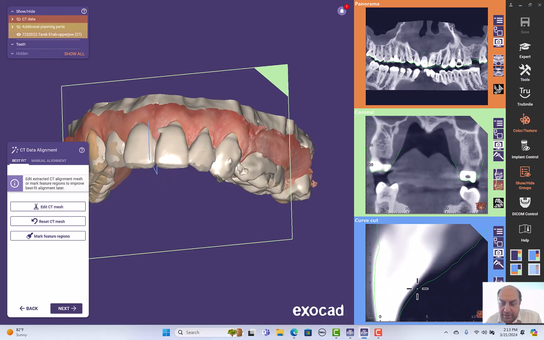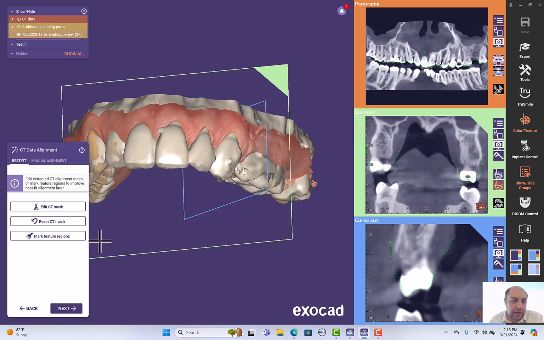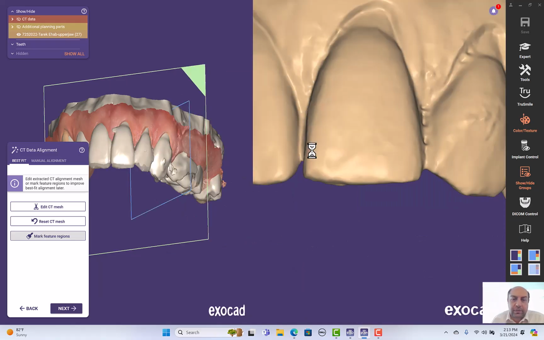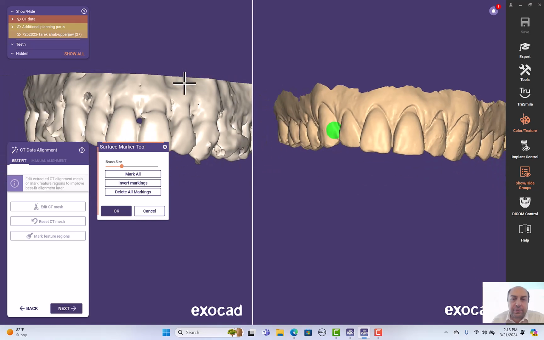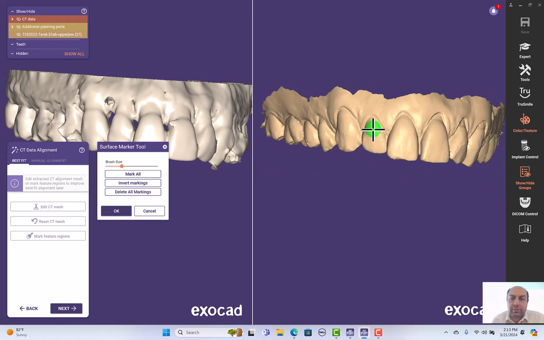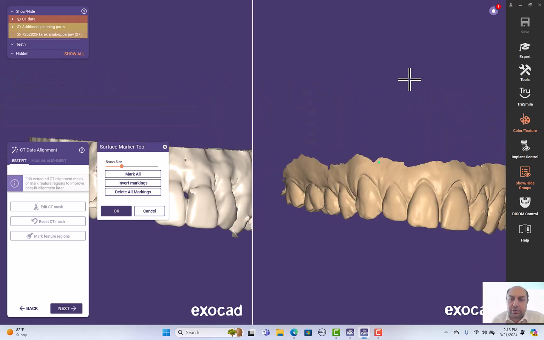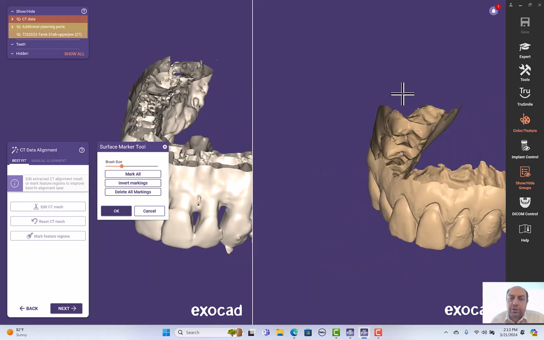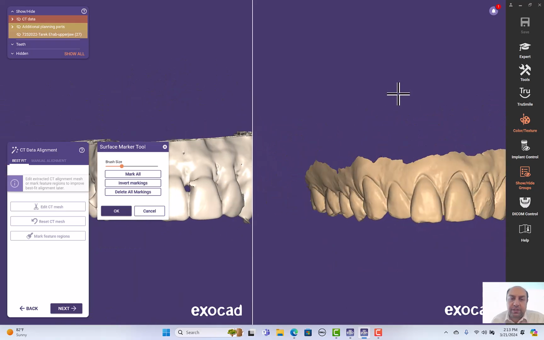there is a gap here. So I will choose mark feature regions. It's another step for accurate registration. Okay, in this step, you just mark the areas on the model or on the intraoral scan that you are sure you will find in the cone beam CT. For example,